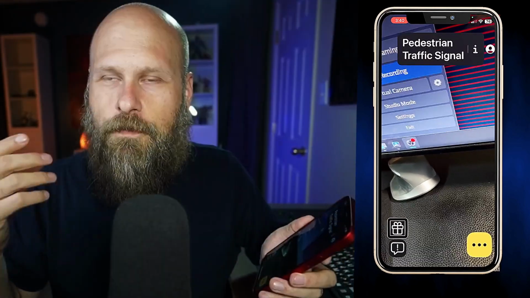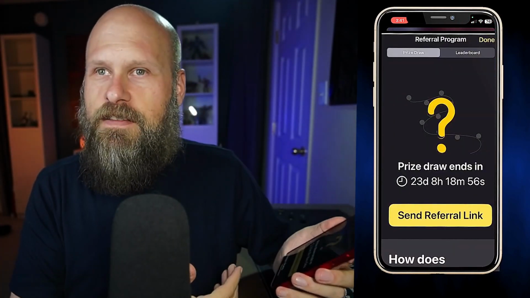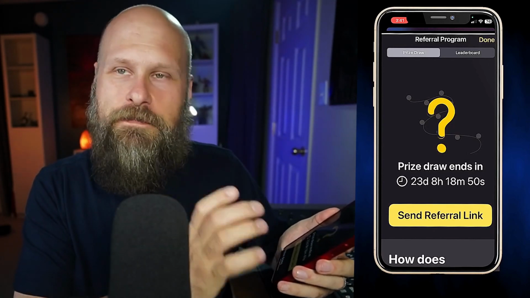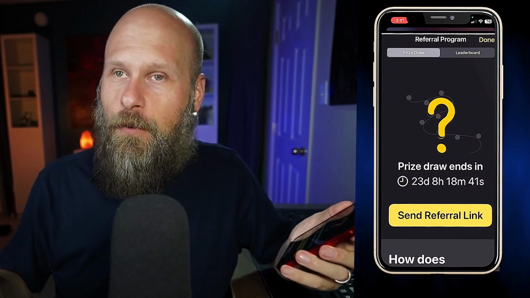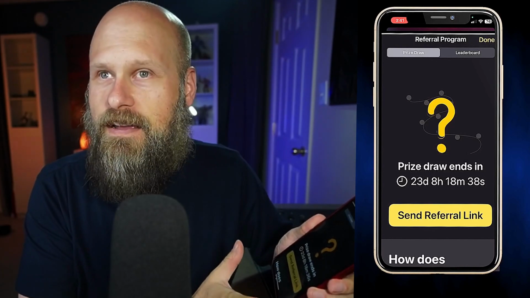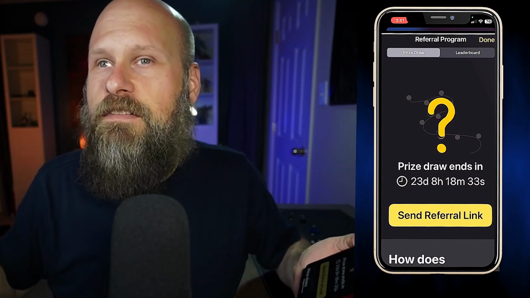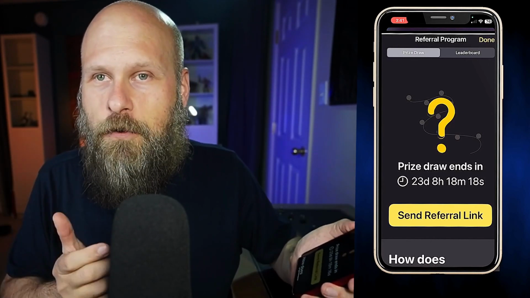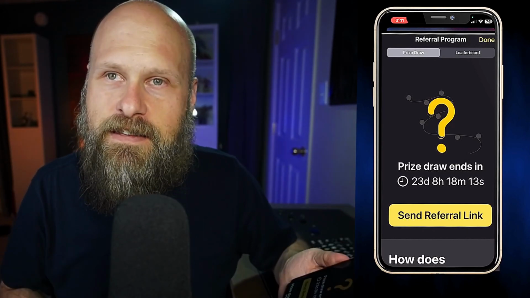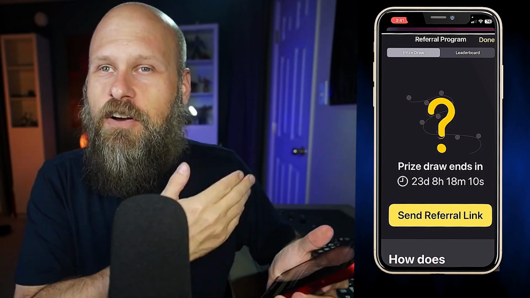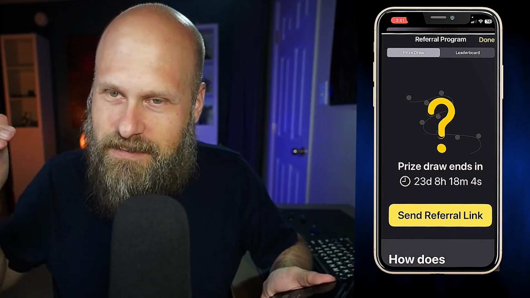Referral program, button. The referral program is a brand new feature. So this is basically just an incentive-based feature that they have going on, where if you refer the app to a friend and then they sign up for the app, you will get points on a leaderboard. And then at the end of this predefined time period, whoever is at the top of the leaderboard gets a prize. I think it's like a gift card or something simple like that. So pretty cool. Jump on in here and start referring this app to all of your friends who have iOS devices. Remember, the app is free, so it doesn't cost them anything. And if they sign up for it, then you get some points and you can start working your way up